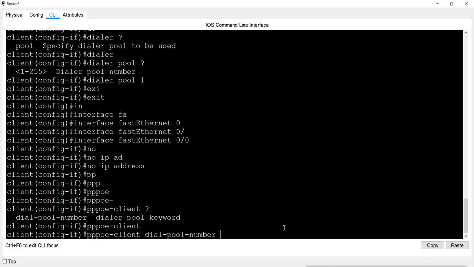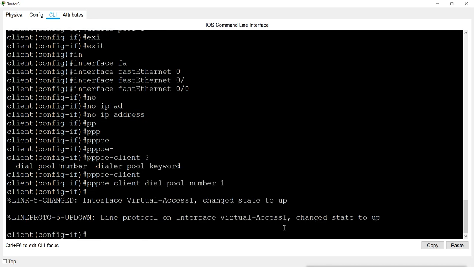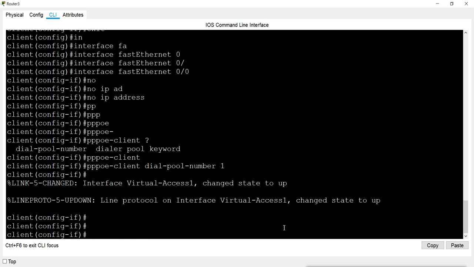And PPPoE enable with dialer pool number 1, and it is up.